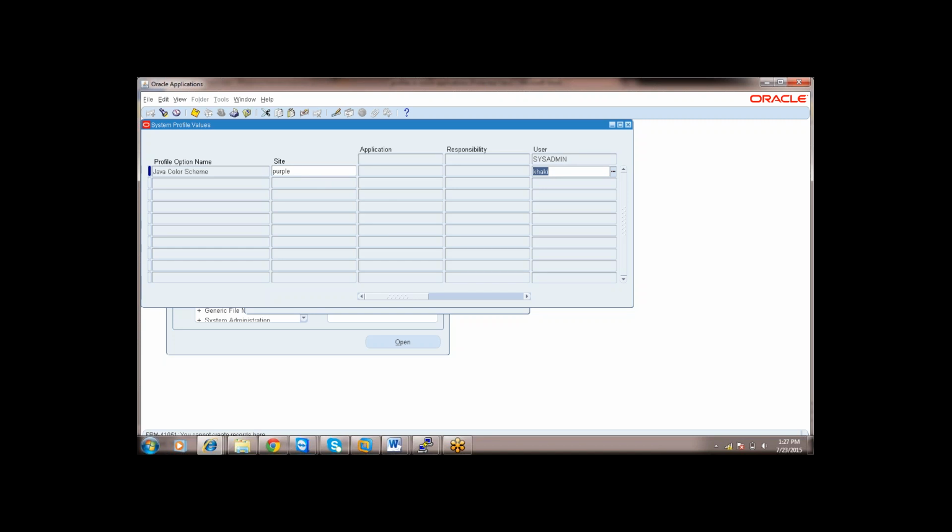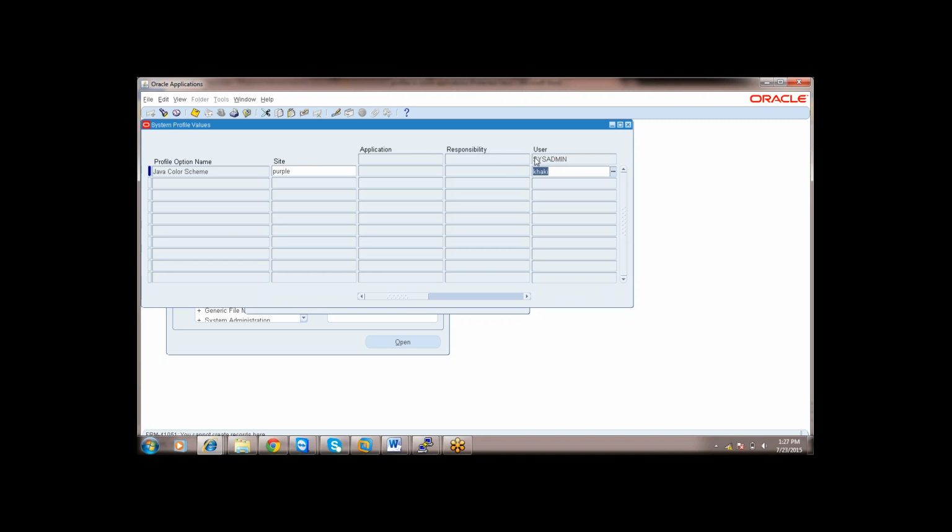This is purple. Why? Because site level is super, right? Yes, that is what people will be thinking. Purple will override khaki, always. Yes, I have already discussed. Always the user level has the highest precedence over the other levels.